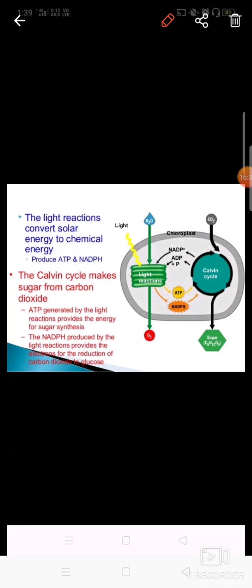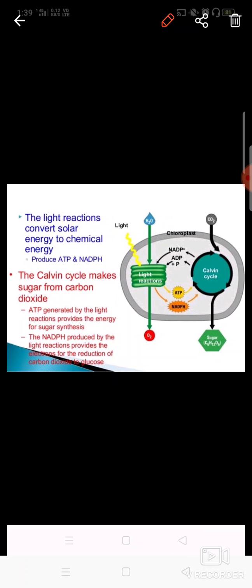Here in the light reaction, only these chemicals are formed. Basically light energy or the solar energy is converted into chemical energy, and during the dark reaction, this chemical energy is converted to produce a usable form of chemicals, that is sugars. Okay, these are formed. We cannot use the ATP and NADP present here. We need some food, and food will only be manufactured when these molecules are used to produce glucose. Okay, so this is basically the overall reaction of photosynthesis.